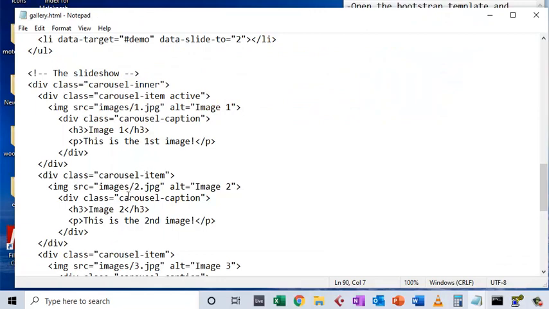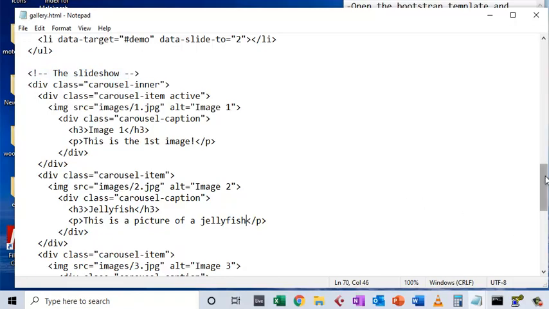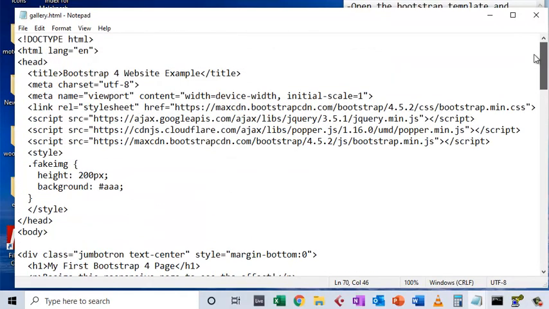I'll just change that to jellyfish. This is a picture of a jellyfish. So that is basically the gallery, and I made a couple of changes. I'll just choose File, Save. I'll leave that open for now because I'm going to add, actually I may as well do that right now,